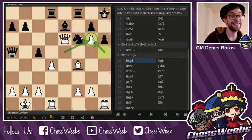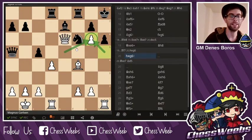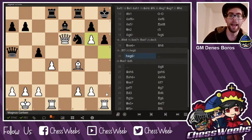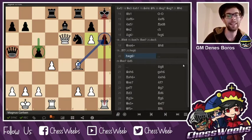Apart from knight g6, this is the second big move by Magnus. Obviously, he cannot take on e7 because of knight d5, and the queen and the bishop would hang at the same time, and black would be the one actually winning. h takes g6. So what makes this such a great move? Well, A, it opens up the file for the rook. B, it prepares sacrifices on h6. Why does this work? Well, it mostly works because black has a queen far away from the defenses, and the c-pawn is sort of blocking it and doesn't have enough time to join the battle and the fray